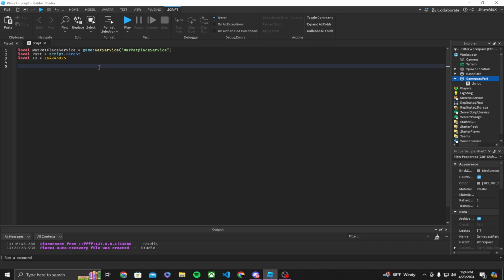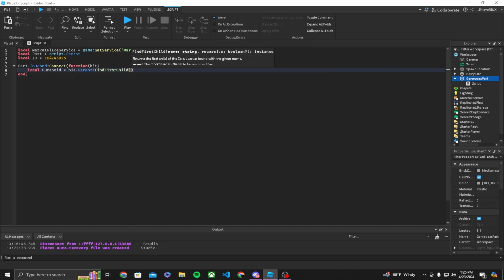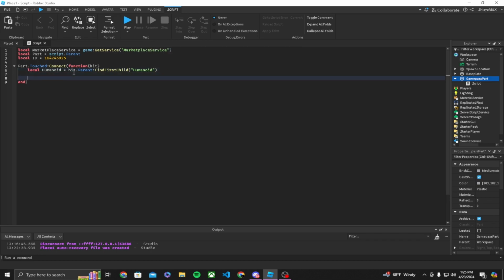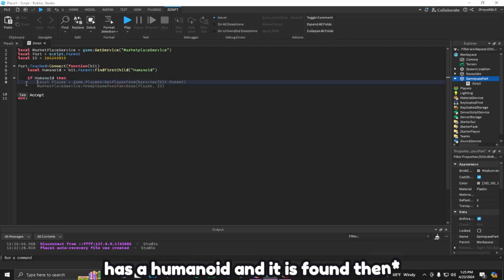So we're going to want to do part dot touched connect the function. Inside the parameters, make sure you put hit, and now we want to make a variable for our humanoid. So let's do local humanoid equals hit.parent, find first child, humanoid. Can't spell today. And then now we're going to want to do if humanoid. So if the thing that touches the part is a humanoid,